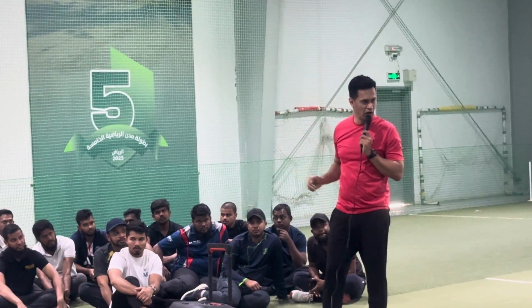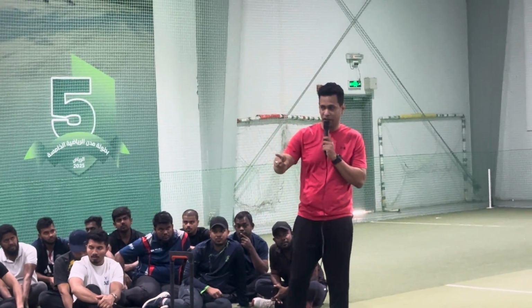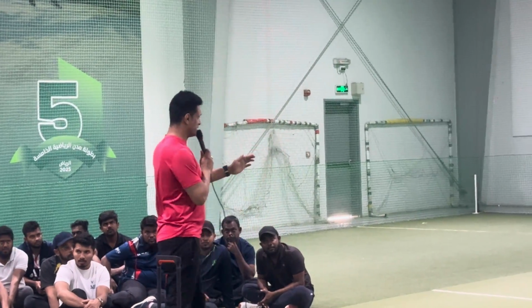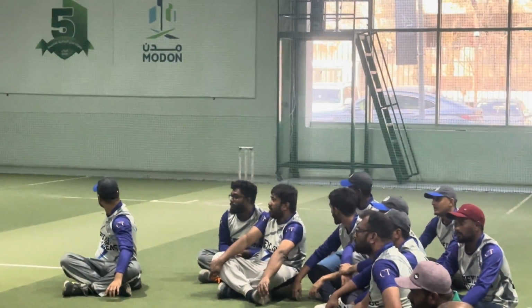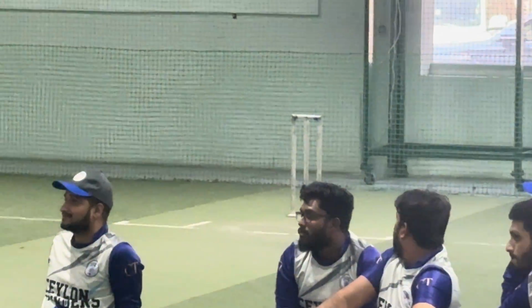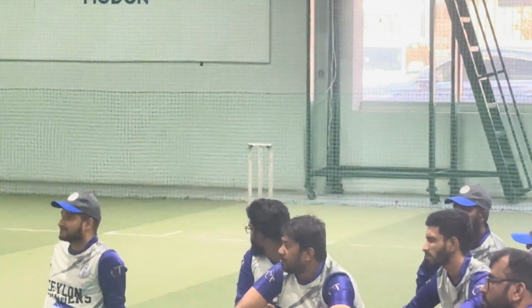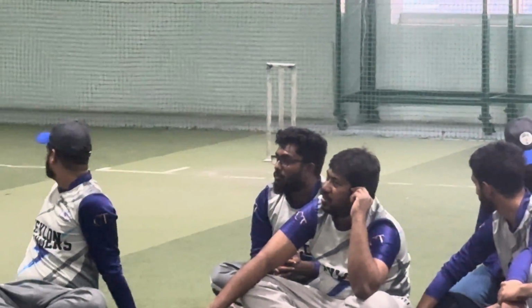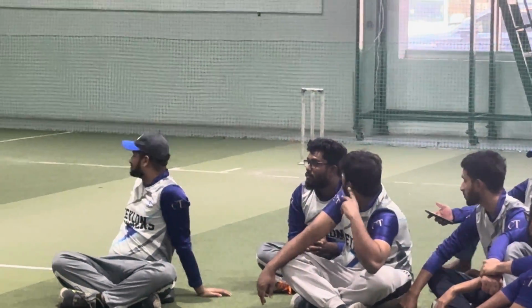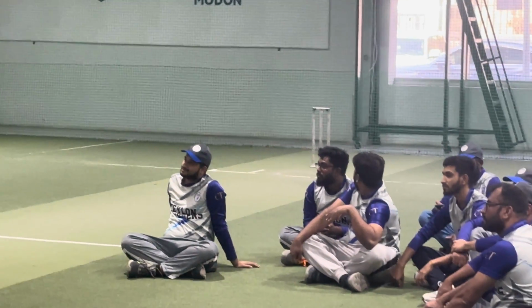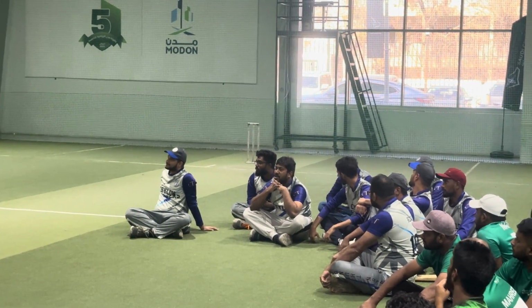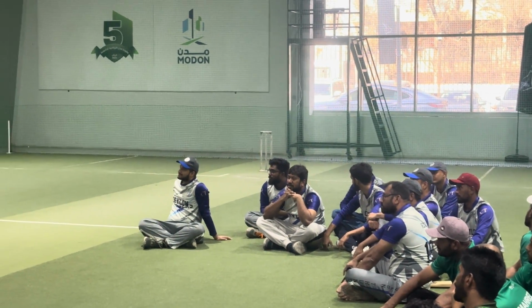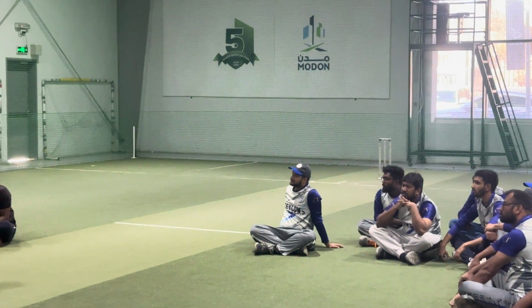How you score runs, how you get out, and one more thing: wides and no balls. Wides. You see the line? Not the big one, this small one. If the ball goes outside from there, it will be a wide. If it is inside the line, it won't be a wide. It depends on the umpire. The umpire will be standing there and will take the call. Same thing for the leg side. The ball has to be outside the big line, not the small line. If the ball is inside the line, it won't be a wide.